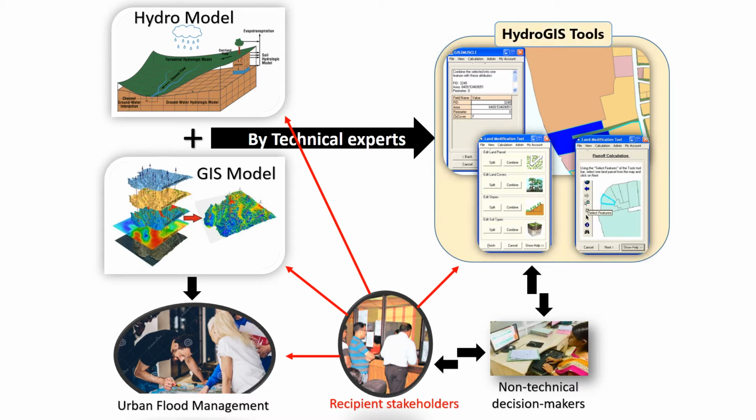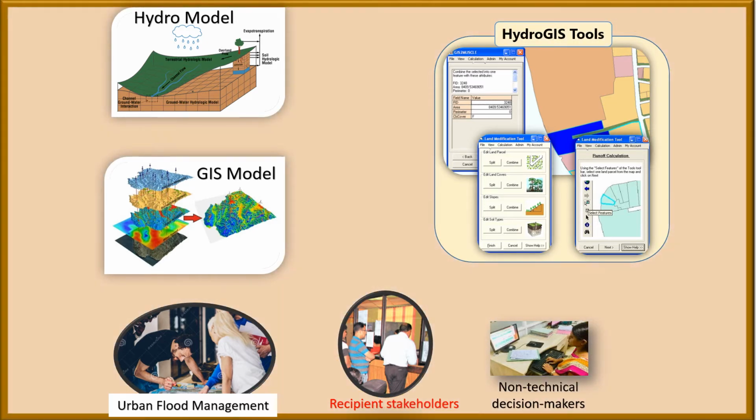Then, the present work developed a framework including intended stakeholders and the components which should exist in the urban flood management HydroGIS tools. There, it identified 5 main components. First is the hydro model. This is the hydrological model which is created, or selected, for the particular situation. The hydrology modelers perform this activity.